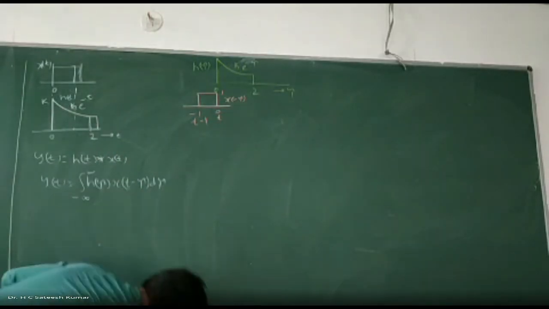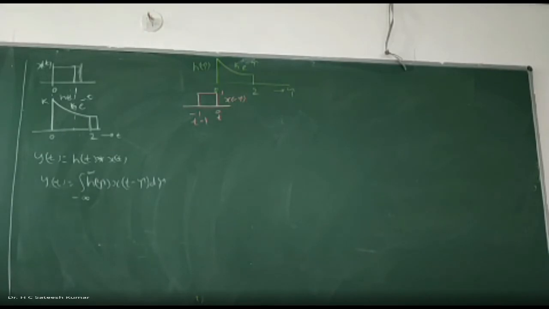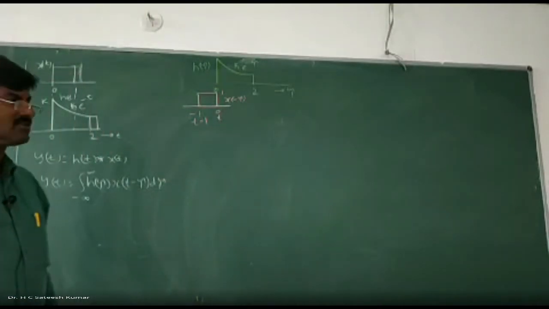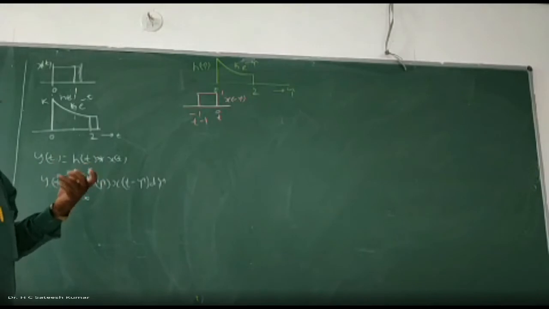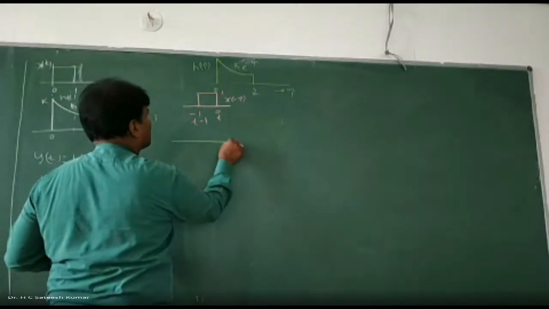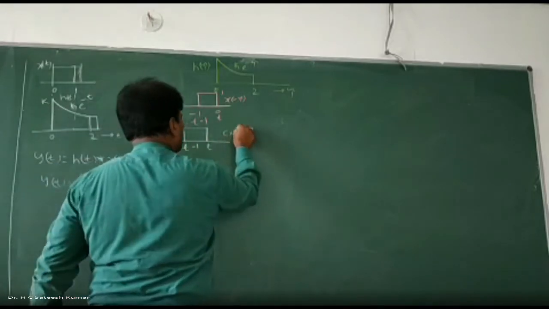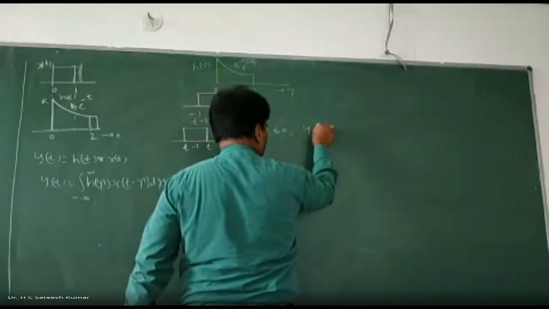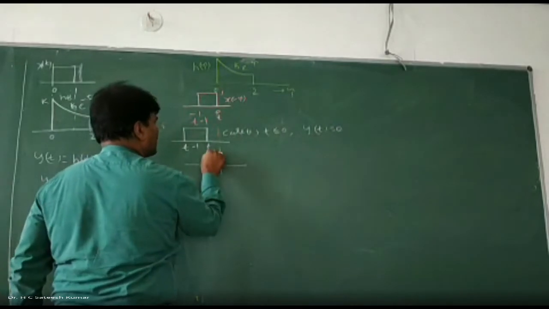Okay, right. Now what should I do? The shifting remains the same. Only the value will be exponential, so you should use whatever equation he has given. And the number of cases, as we said, is finite and unequal, so 5 cases you will get, right? Case number 1 is this. This is t. This is t minus 1. Case 1 is t less than or equal to 0. Y of t is equal to 0. No overlapping.